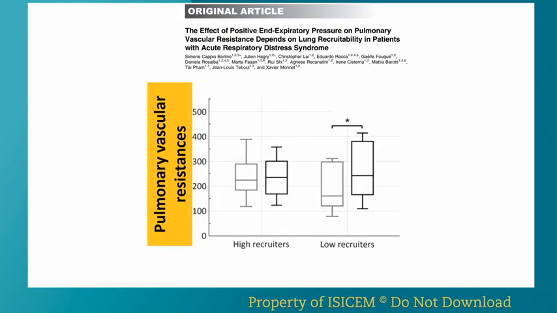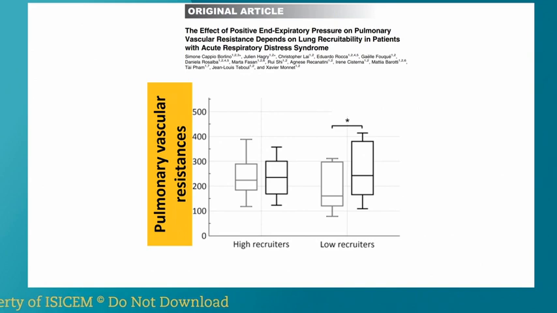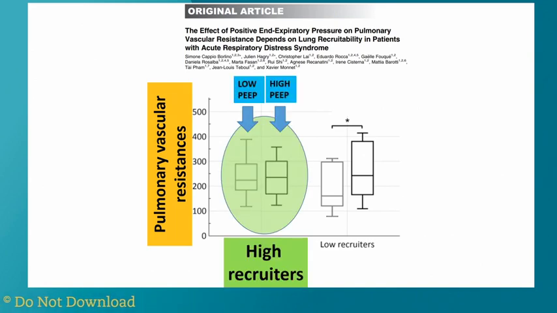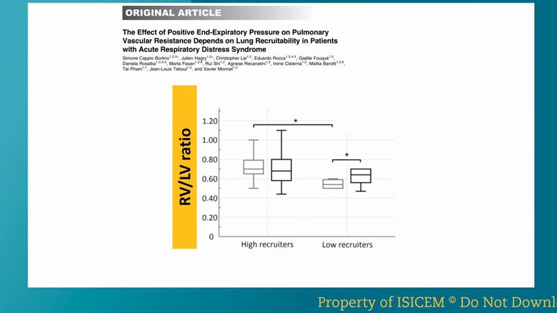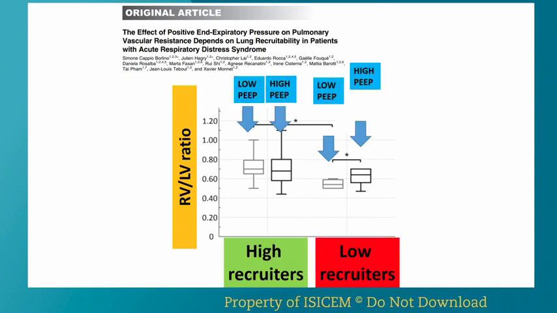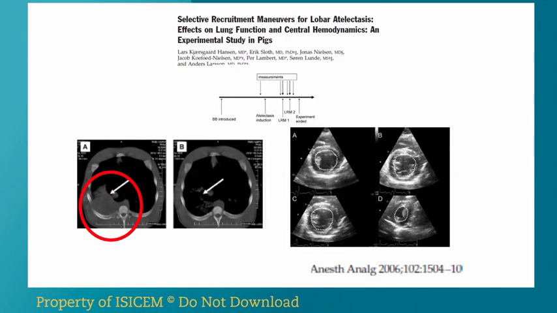And I love this study from the team of Jean-Louis Teboul and Xavier Monnet, who say exactly the same thing. If you look at the pulmonary vascular resistances in high recruiters, you have no change of these pulmonary vascular resistances. In contrast, in patients who are low recruiters, the pulmonary vascular resistance increased dramatically, and it was the same for the assessment of the right ventricle: in high recruiters and low recruiters, you have a different change. And I like this last study that I would like to show you